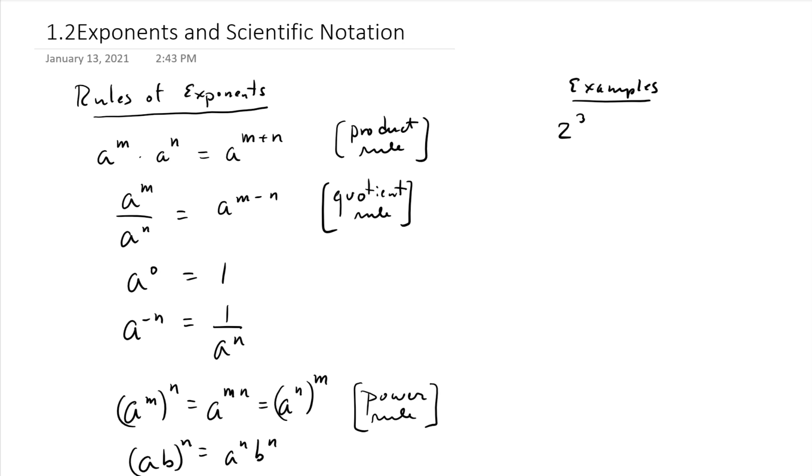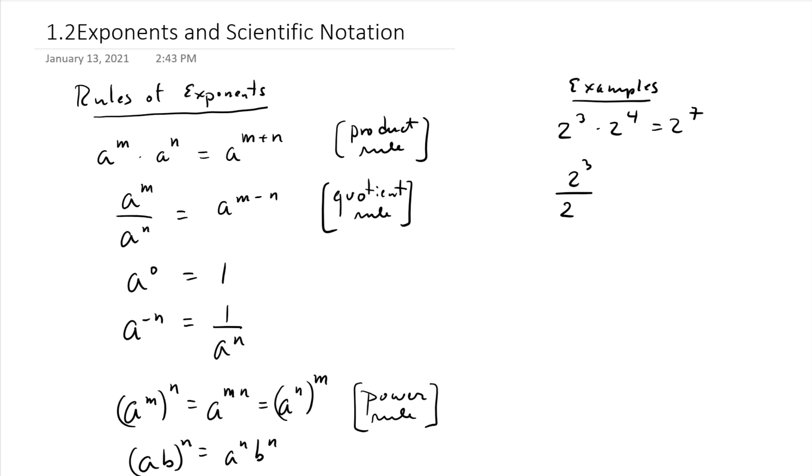Well, it says, for example, if you've got 2 to the 3, so that's like 3 copies of 2, almost like multiplied together, and then 4 copies of 2, overall you've got 7 copies of 2, right? You add up the exponents to get how many 2's you have, okay? Quotient rule works